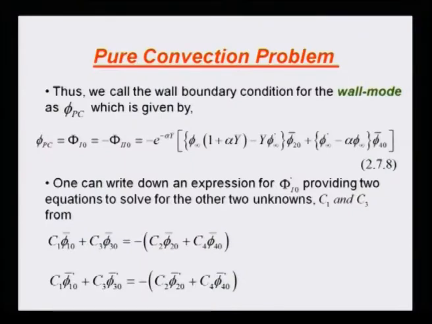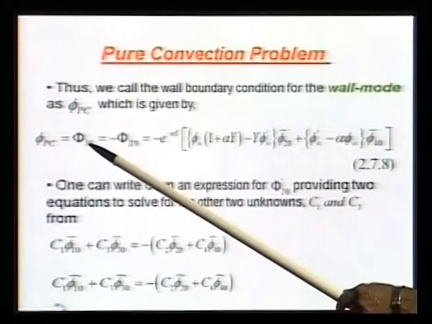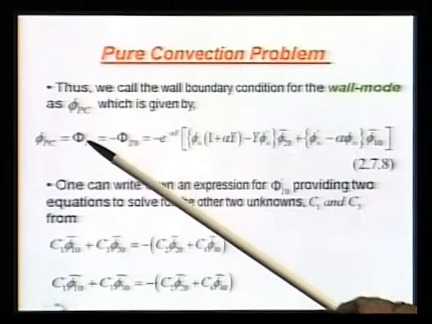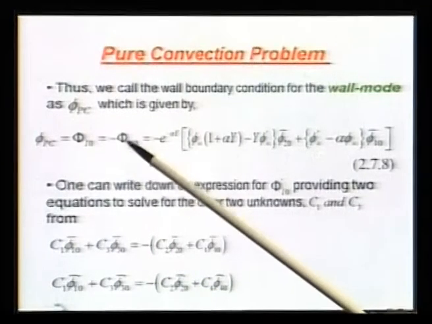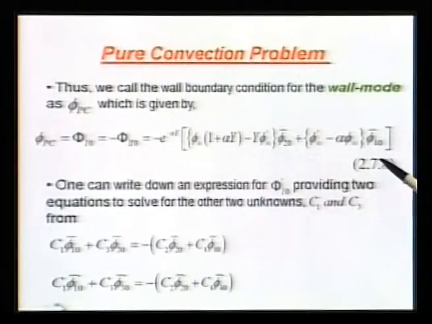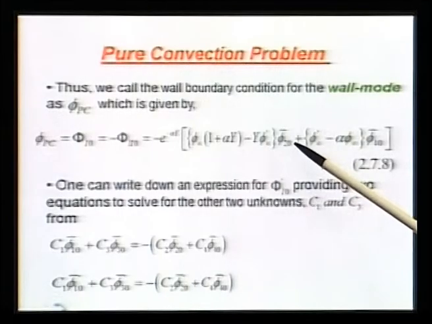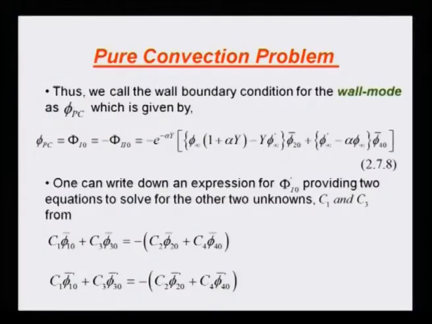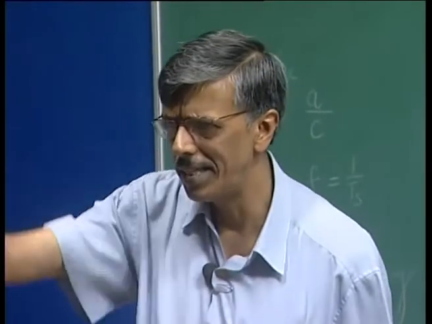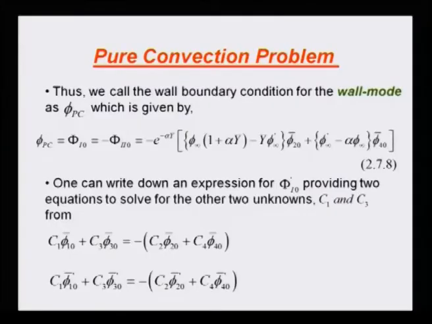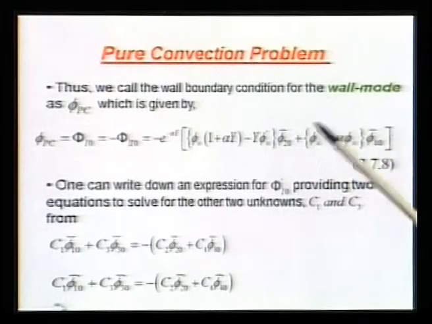PC stands for pure convection. This is the case we are considering with C equal to U infinity. So that's your pure convection problem. Then phi I0 should be equal to minus of this, because the sum of this is 0. So since I know this, I can put this. But please note that we do not a priori know what this phi 2 0 and phi 4 0 bar are, but supposedly we can integrate something like our Orr-Sommerfeld field equation and obtain these fundamental modes. We should be able to get these, right?